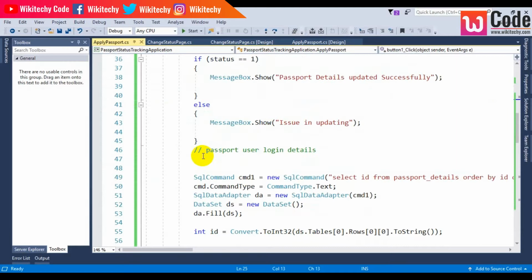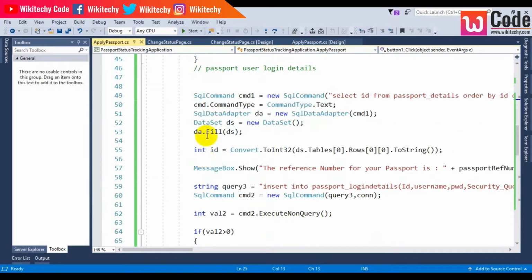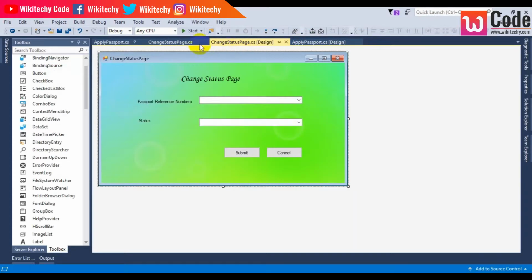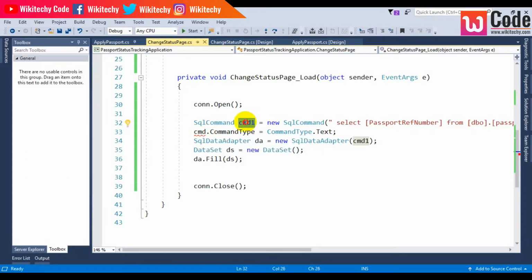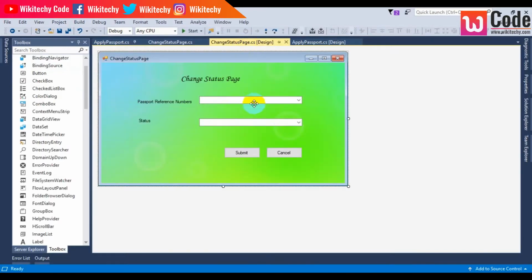Let me check it out. This one is command 1. So I fixed a small piece of code. So this is command 1. Okay, command 1 dot command type. Everything is ready. I think I got my data set, which I need to fill in this combo